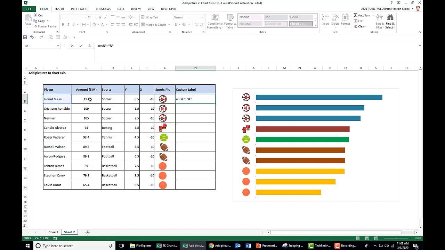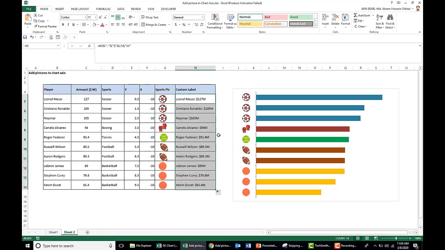So we give a dollar sign here and this amount, and also we want to give the million sign here. So it is our custom data label. Copy it and drag it for all other players.